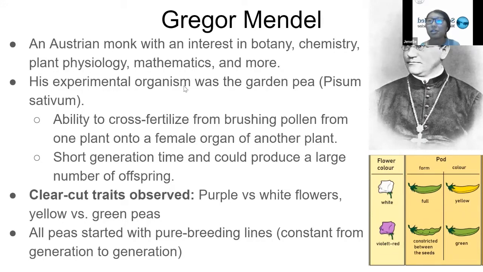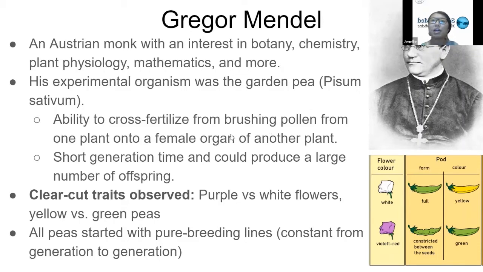And his experimental organism was the garden pea, also known as Pisum sativum. And because of his background, he brought an interesting perspective on how to analyze what he was looking at through his garden peas. And so using the garden pea itself allowed him the ability to cross-fertilize the peas from brushing pollen from one plant onto a female organ of another plant, right? Because usually the peas and generally flowers have both male and female parts, so they are usually able to self-fertilize, but he decided to take parts or the pollen from one plant